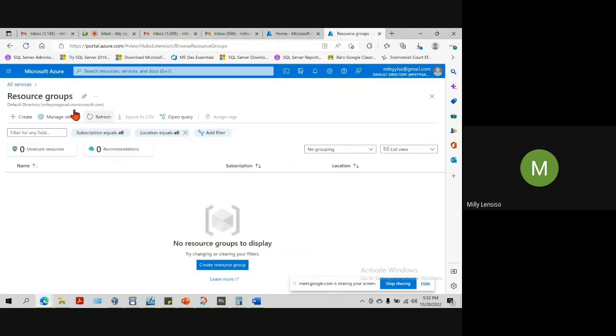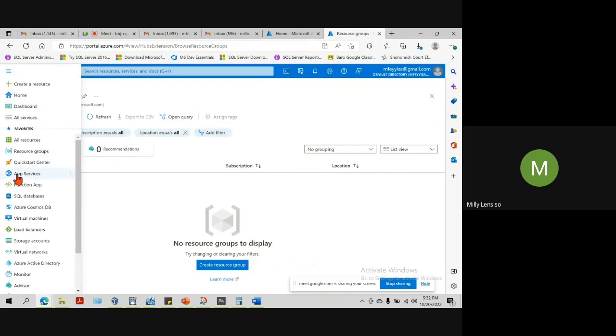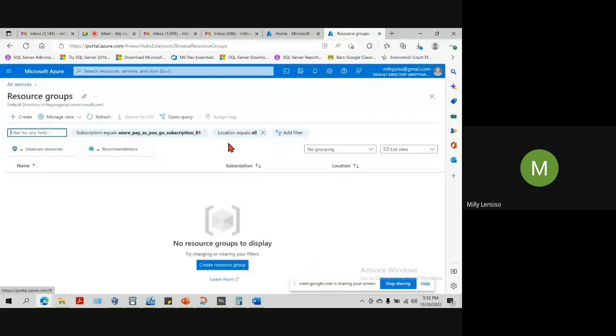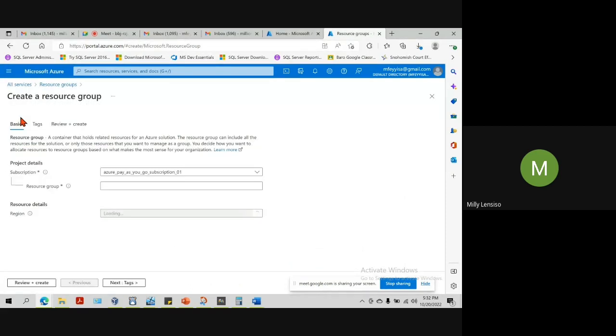So I come here, go to the menu, and select resource group. So I will say create. It shows me the subscription. If we have more than one subscription, it's going to be listed here, but since I only have one, that's all I can see here. So let's call it